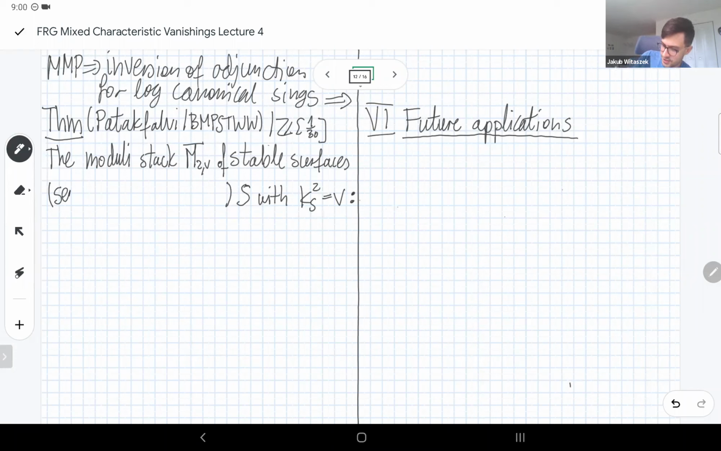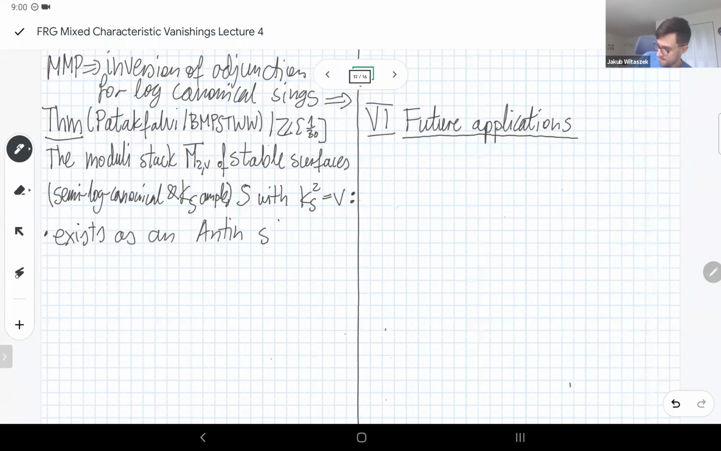So we have nodal singularities, which in this case is semi-log canonical. It's the generalization of nodal. And the fact that the genus is greater or equal than 2 corresponds to K_S being ample, so being amply polarized. And then we get that the stack exists as an Artin stack of finite type with finite diagonal,